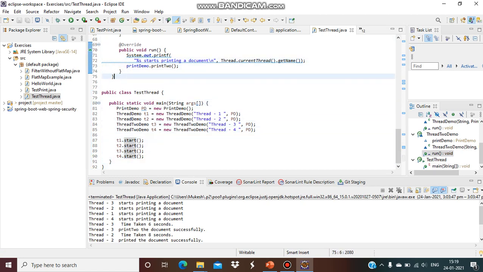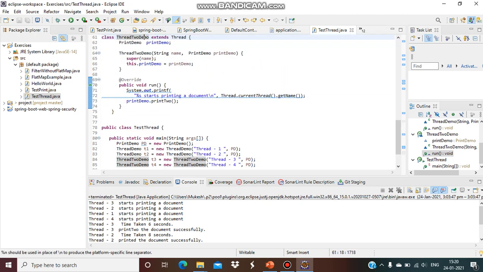What will happen? We start all the threads. All the threads will first start. You will get this message from the run, like starts printing a document, thread 1, 2, 3, 4. After that, T1 and T2 will execute the print method.